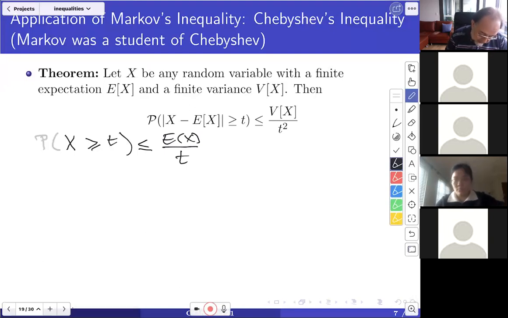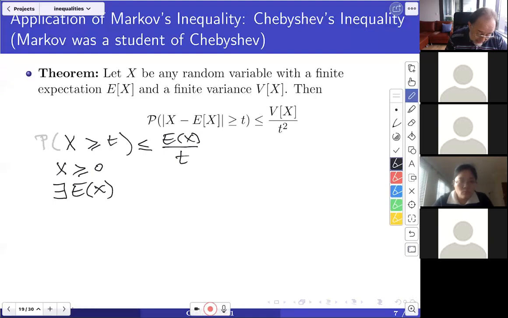So for this inequality to hold, all we need is that x is bigger or equal than 0, and that there exists the expected value of x, right? So it's extremely mild